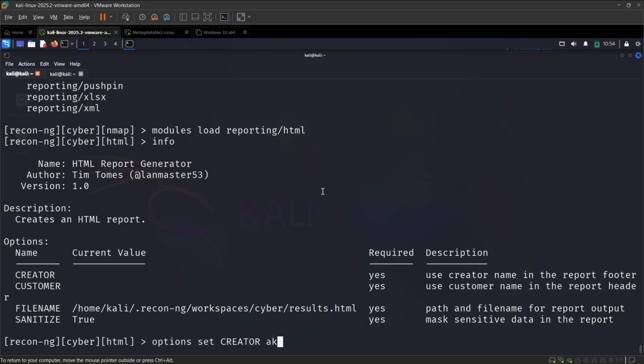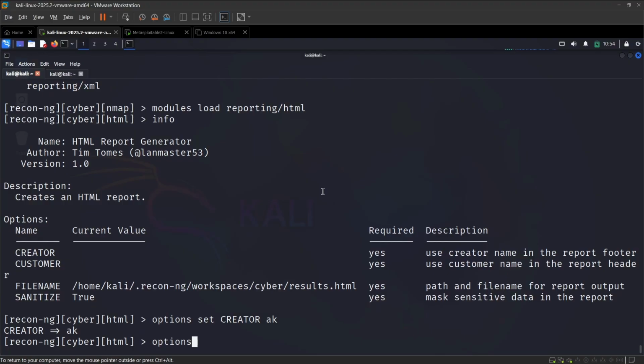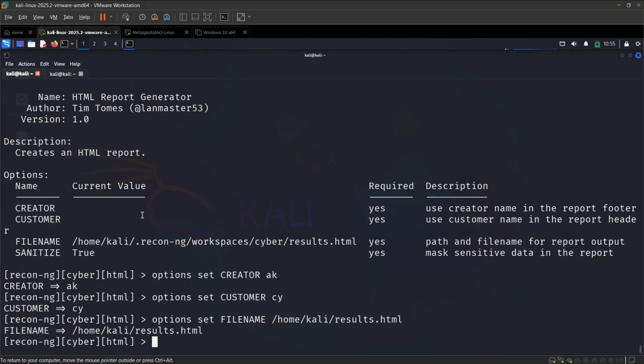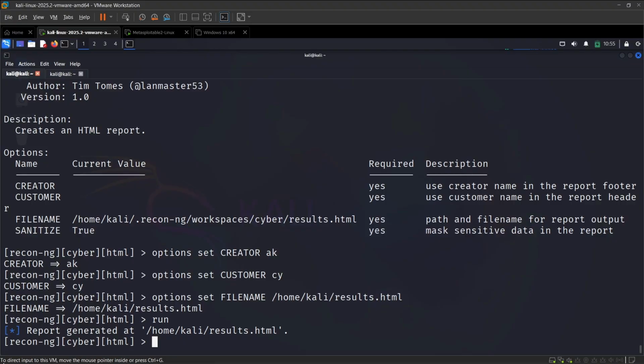I'm just entering the creator name as AK, and I'm entering options set, and you can enter the customer name as CY. And let me set the file name also, like I'm using the options command set and the file name. So I'm importing this file name into home kali, and I'm saving this as results.html, and I'm executing the run command, and here it is, and it's saying that the report was generated